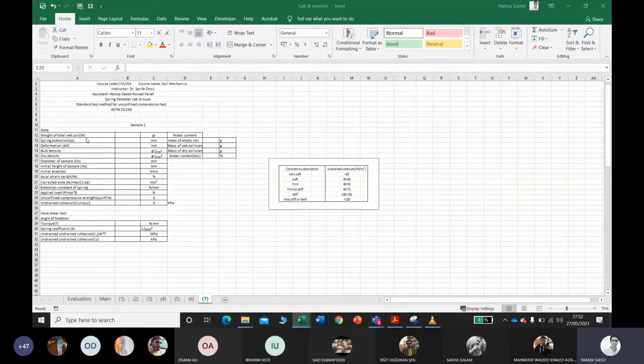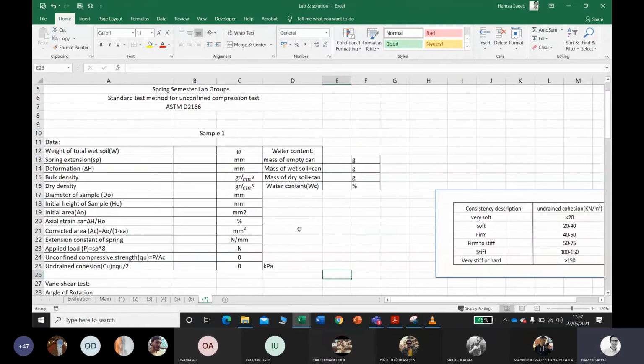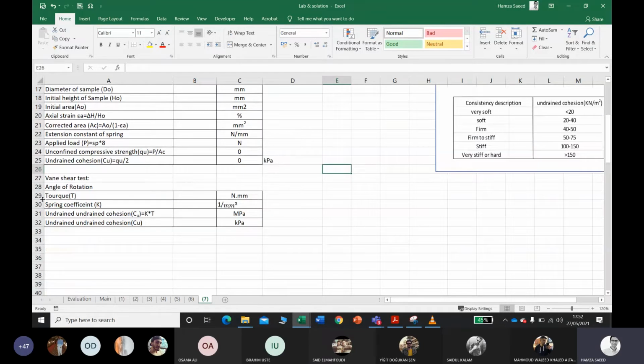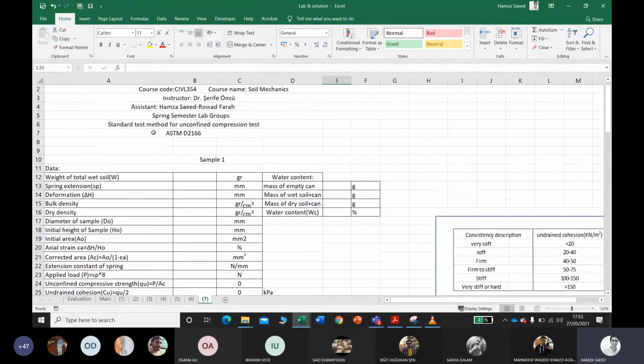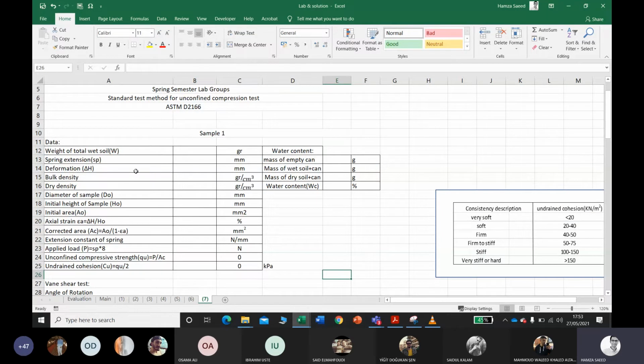So now, let us first discuss how to do calculations for the unconfined compression test, then for the vane shear test, and at the end for the unconfined compression test, you are required to draw the Mohr circle, and I'm going to show you how to plot the Mohr circle in Excel. Now for the unconfined compression test, as you know, we